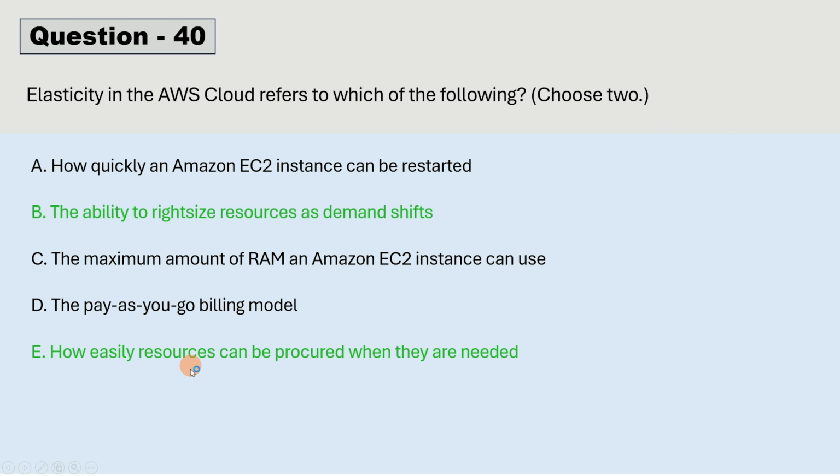This is elasticity. And the pay as you go billing model, that is there, but this does not mean elasticity. The maximum amount of RAM an Amazon EC2 instance can use is also not elasticity, because even if an Amazon EC2 instance can use less RAM, there could be multiple instances. It is not about that. And how quickly an Amazon EC2 instance can be restarted? No, that is not correct. It is not about the restart. It is about the availability. It is about the scalability. So option B and option E are